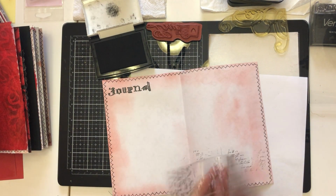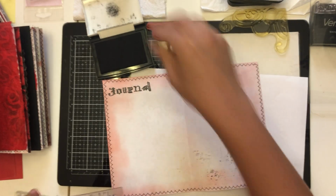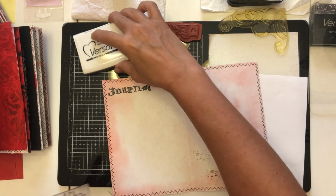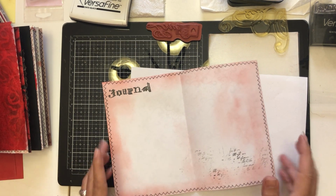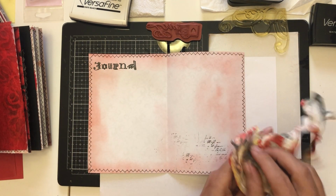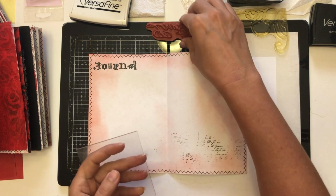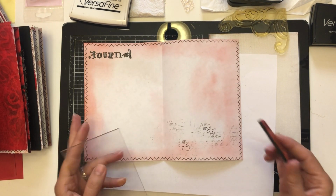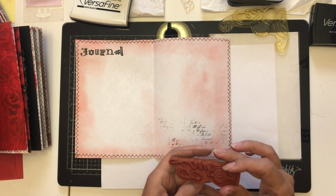Since this is Gothic love, the lovers need to write each other letters. If y'all watch me in my Bible journaling, I'm always telling myself stories as I go. It makes the whole journal, the whole page, come alive for me. So I tell myself stories. I'm telling myself it's about these two lovers, the Gothic love,